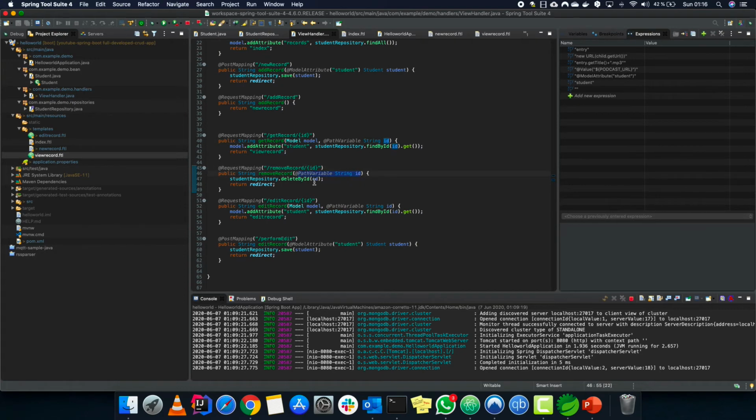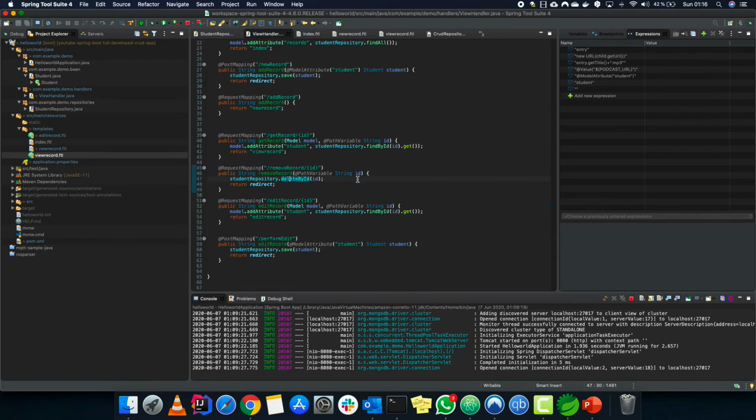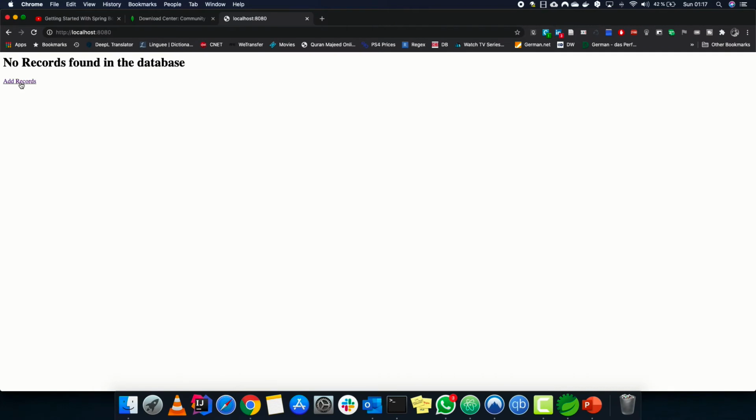As you can see, delete by id is also not our method, it is already provided by the CRUD repository. We are just using it without providing the implementation. So we just delete it and it is gone. After deleting, we go back to the main page. So let's go add another record and then check the editing part.